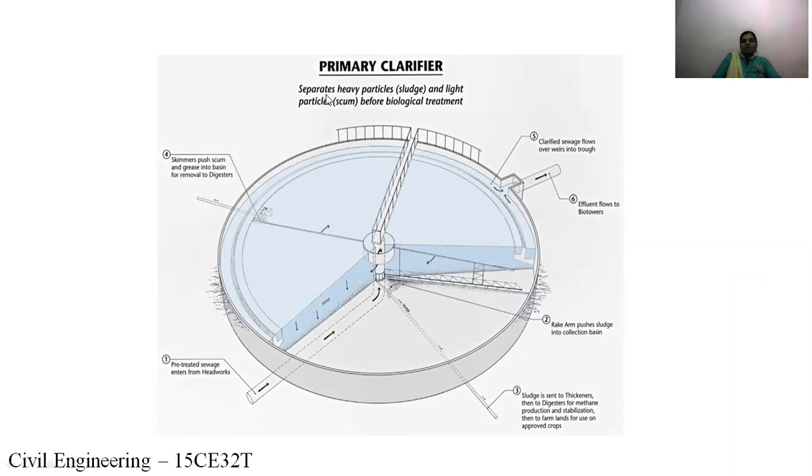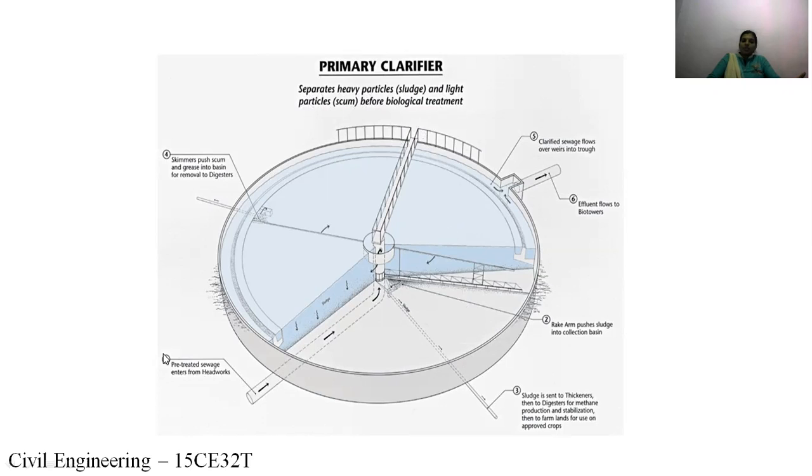So here in the primary clarifier, it separates heavy particles, meaning sludge, and lighter particles, scum, before biological treatment. Before going to do the filtration and chlorination, the heavy particles and the scum are separated in the primary clarifier.